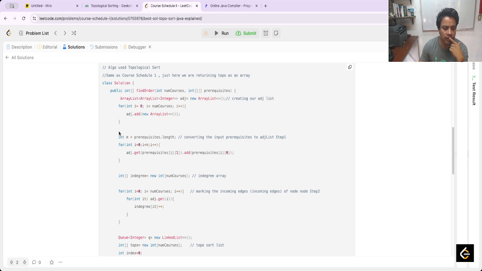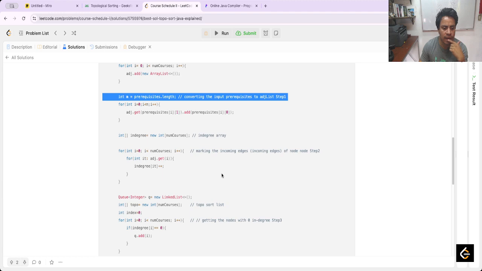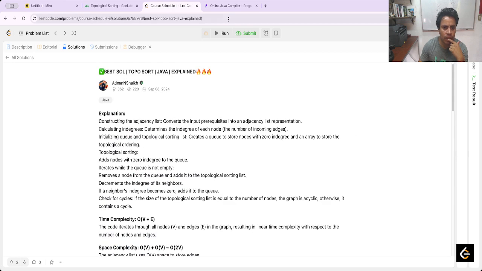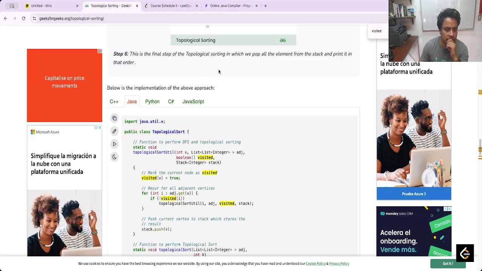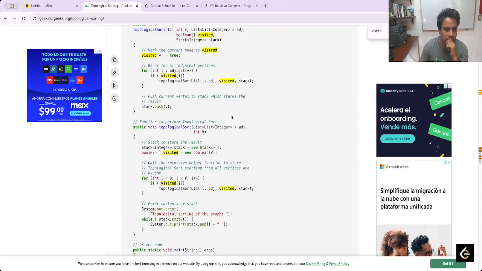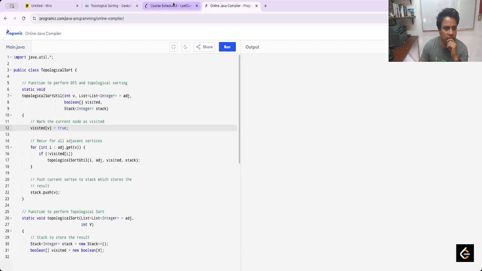We build the array, the list. Okay. Now this is basically this. I think that this is clearer than the solutions that LeetCode proposes, but